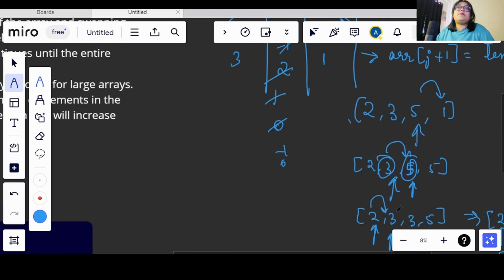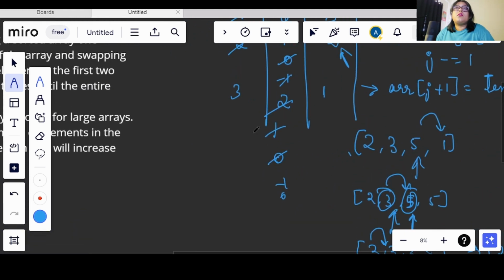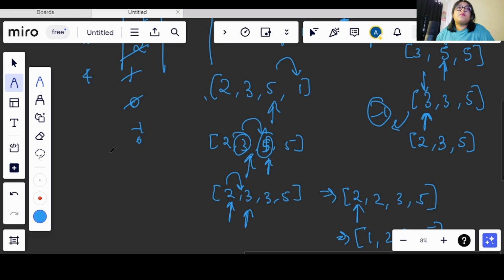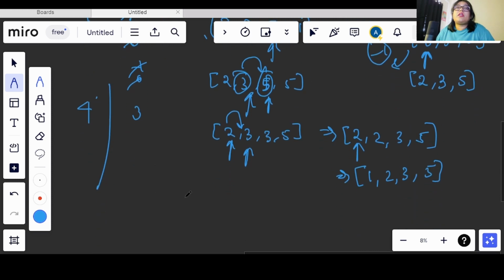Now again what will happen, this 3 will get updated and we will get 4 here, right? So now we have 4 and j will be starting from 3, right? So let's cut this. Now we have 4 as i and we have 3 here, right? Now we will take the rest of the array. So we have 1 2 3 5 and 4, right? Now this is our temp. So let's store temp here.